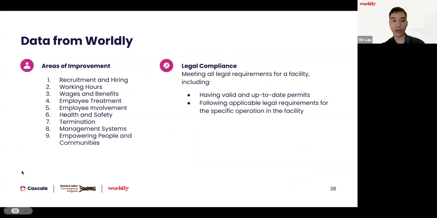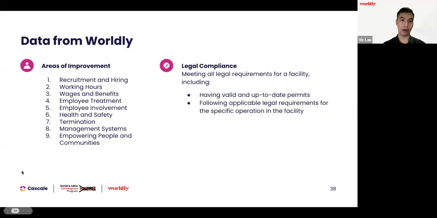And then for the areas of improvement, you can take it as a quick summary. Instead of asking you to read the entire FSLM report, it is a downloadable summary, including all the opportunities for improvement that the facility can focus and prioritize their resources on. So it is quite commonly used by brands to communicate with the facility, asking them to develop a corrective action plan based on the issues listed.